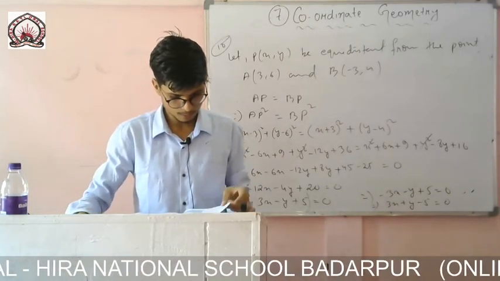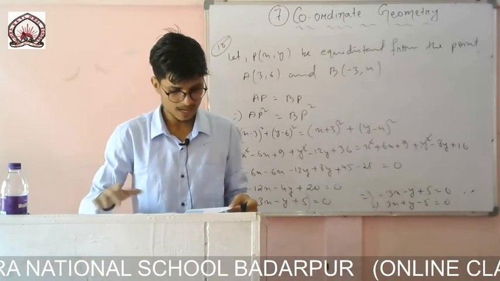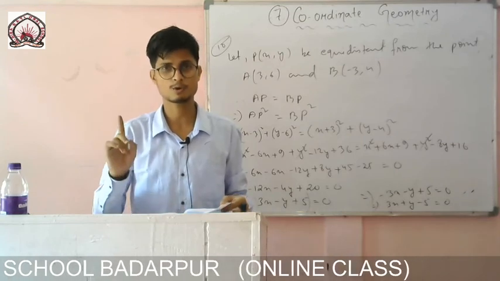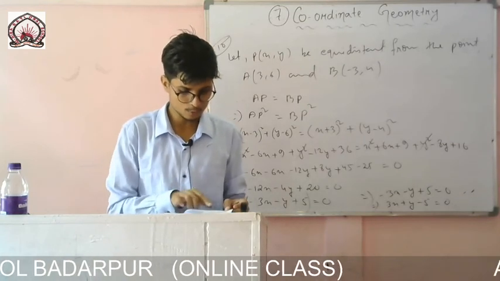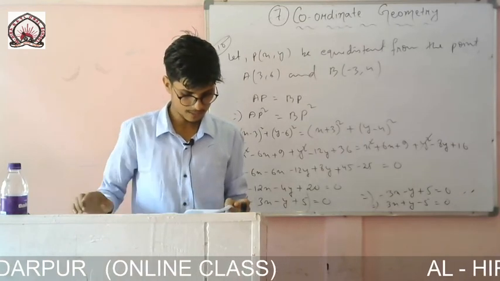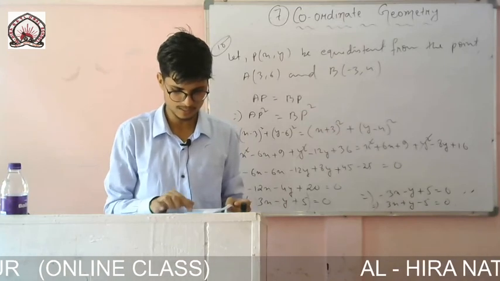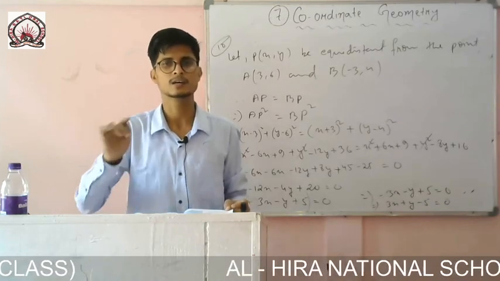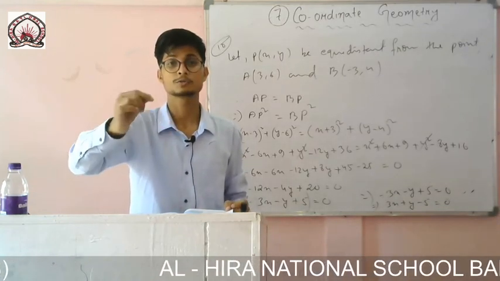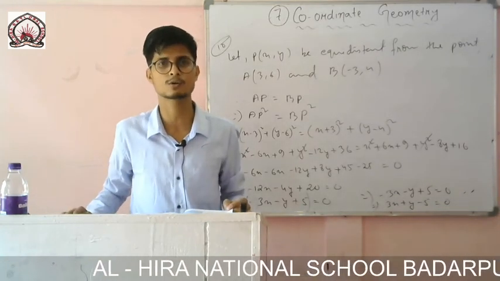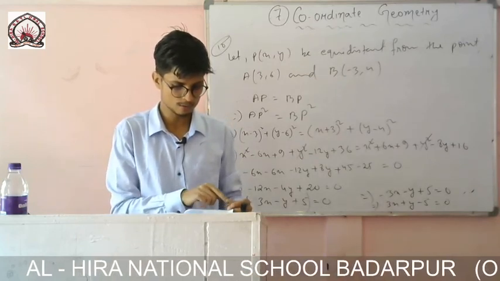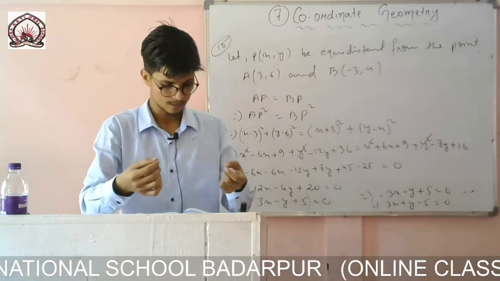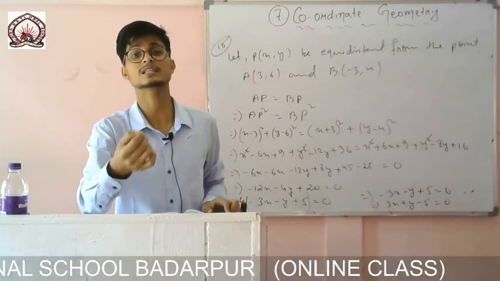Then question example number 3, like the earlier one we have done, but earlier it was of a square. Here one figure is given, some students are sitting. The question is: do you think they are sitting in a line? Sitting in a line means you have to check whether the points are collinear or not. We have discussed this earlier also.